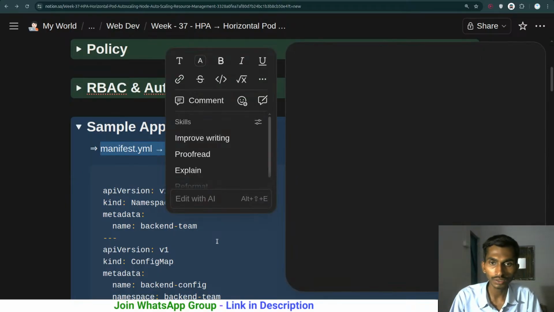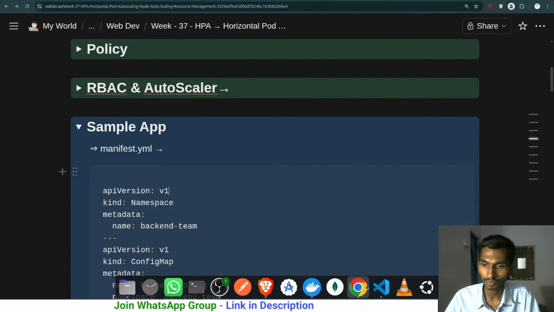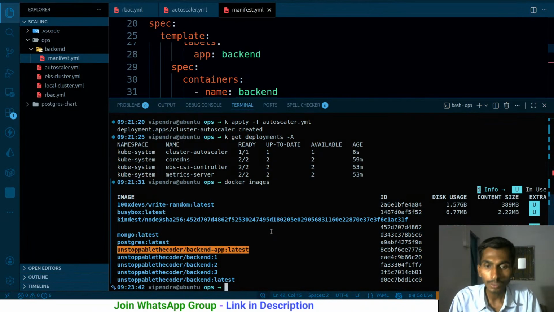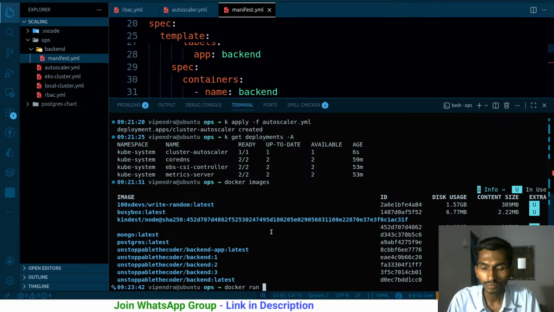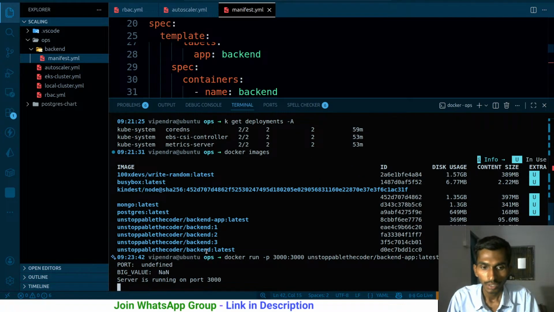Let me show exactly what's happening inside this. Here we are. So the image that we have, this one. So docker run port number 3000 by 3000. This is the image that I want to run. Let me run this. It is running right now, and as it is running,